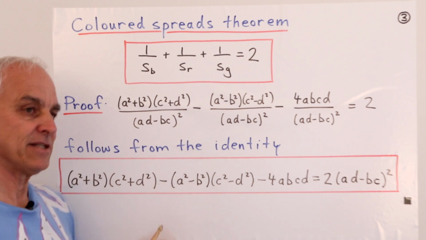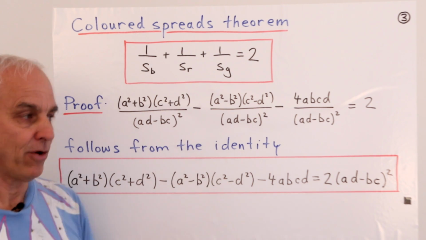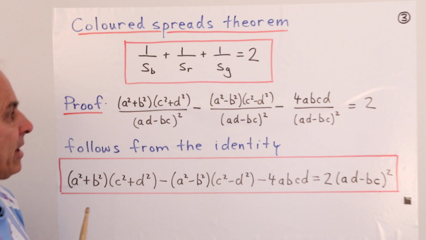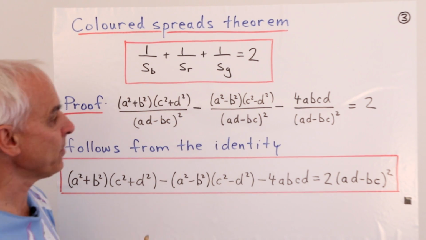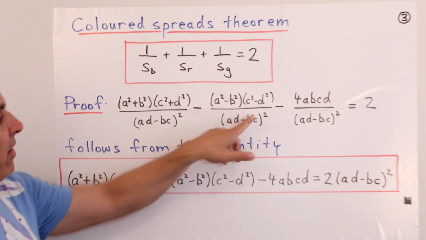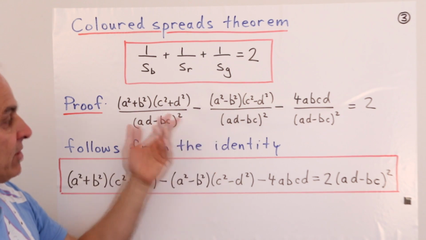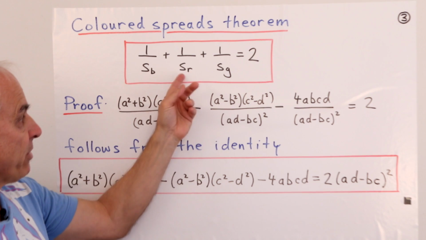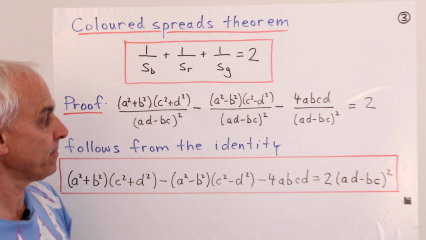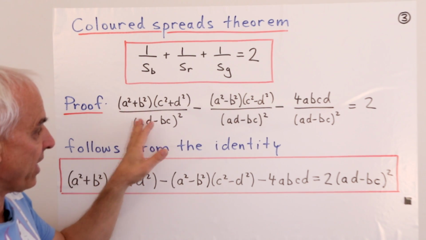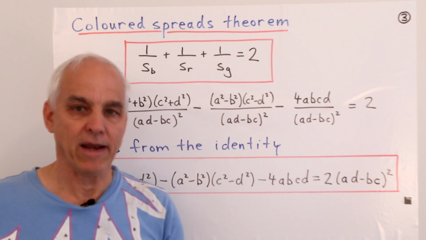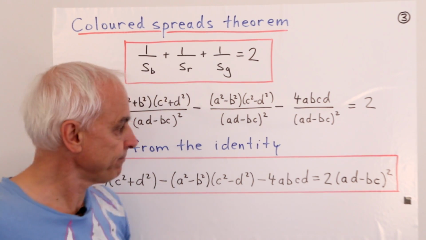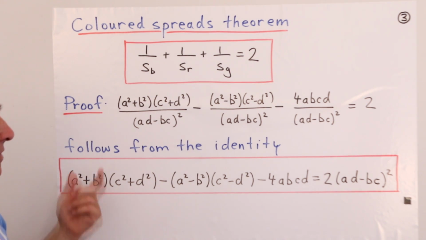Now there's the signed area squared on the bottom, and the product of quadrances is on top. And then when we add these things, we also get these terms here. But crucially, with the minus sign here and the minus sign here, because we saw those minus signs appear in the expressions for s sub r and s sub g. So we need to verify that this thing here always equals 2, no matter what a, b, c, and d are. Well, that's a consequence of the following identity.